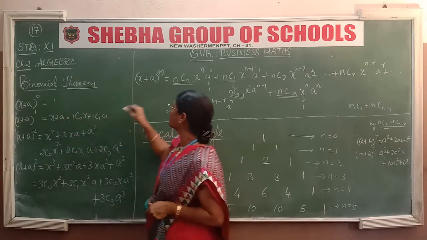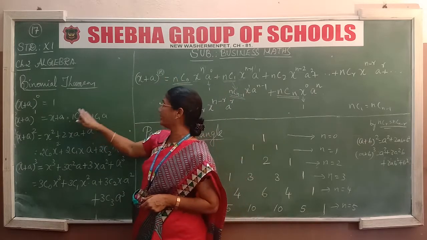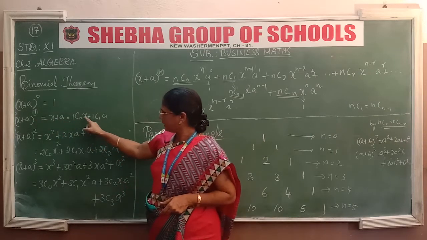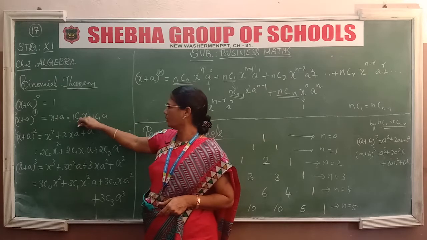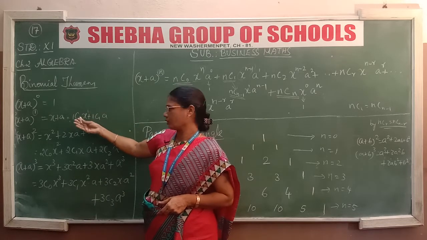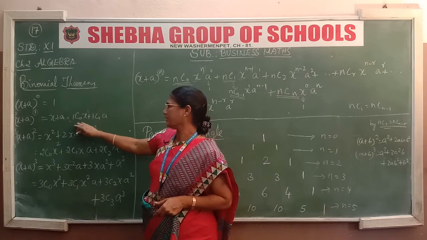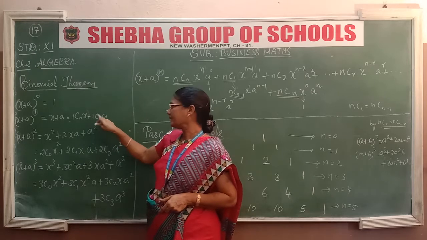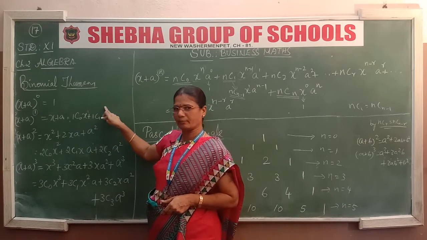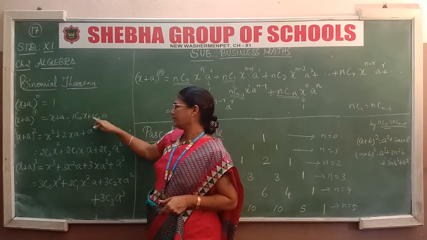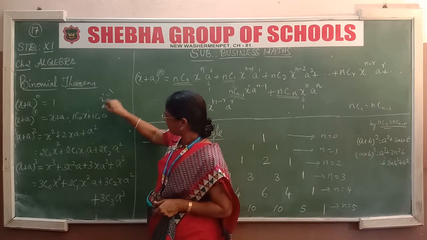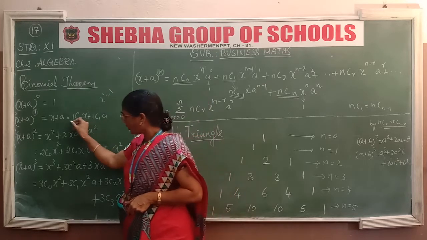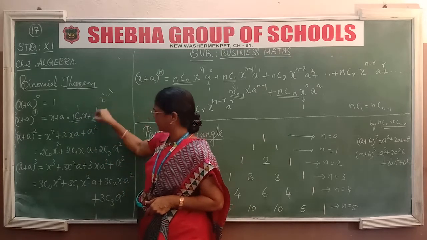So we rewrite this using this binomial theorem. That is first one is nC0, here n is 1. So 1C0 into x power 1, here a power 0 will come. We leave a power 0, a power 0 equal to 1, isn't it? So simply 1C0 x power 1 plus 1C1. Here x power 0 and a power 1 will come. We do not take x power 0, its value is 1, isn't it? So we leave this x power 0 and write a. Listen, 1C0 and 1C1 are all 1 only.